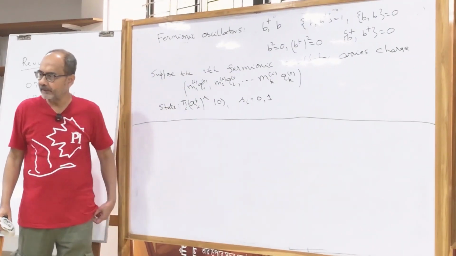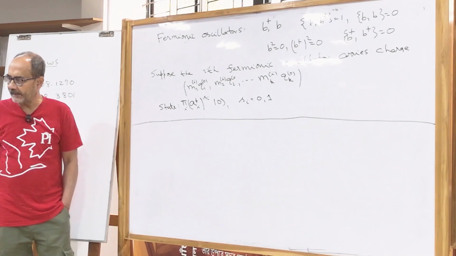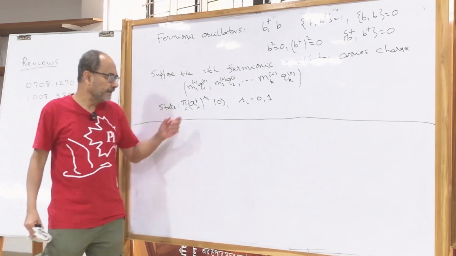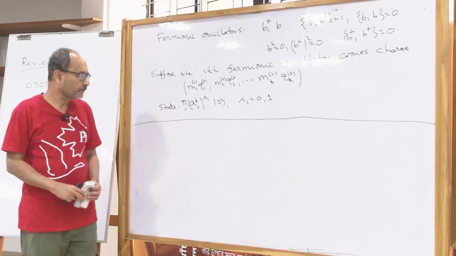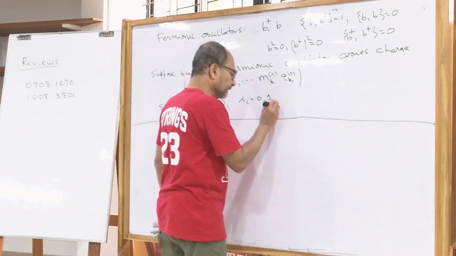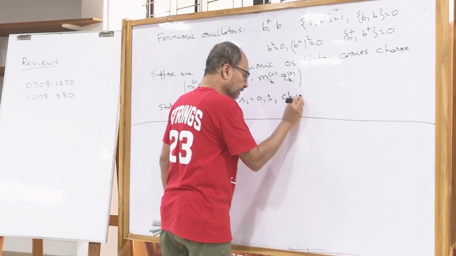Okay, that's the main difference between fermionic and bosonic oscillators. It cannot take more than 1 because A_i dagger squared is 0. And the charge that it carries